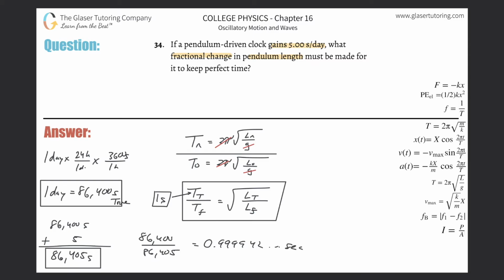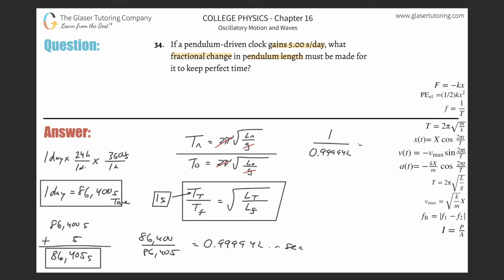So basically, what we just found is that the false period, or this clock, is going to measure a true second every 0.99999 of a second. As we mentioned, it should be going faster. So it is. So the period is a little less, because remember, the period is the time it takes to make one full cycle. So this false period should be a little less. Now I have enough information to solve this. What I can do now is take the one true second for the period and then divide it by the false period,